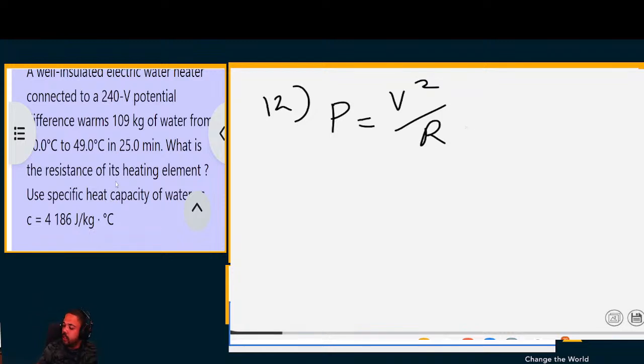This is the resistance that we want. The voltage we have been given, but we want the power, the power of this water heater. And now in order to get the power, what is power? Power is equal to,